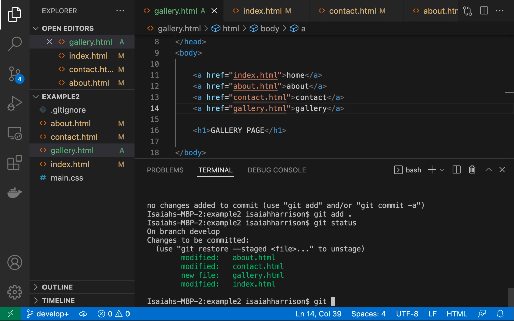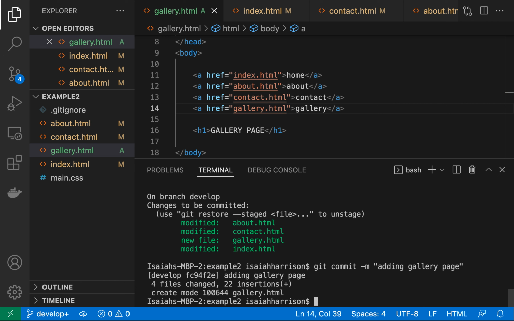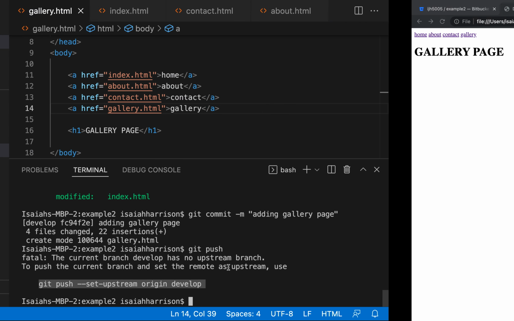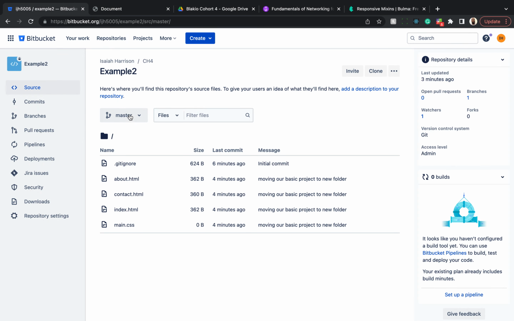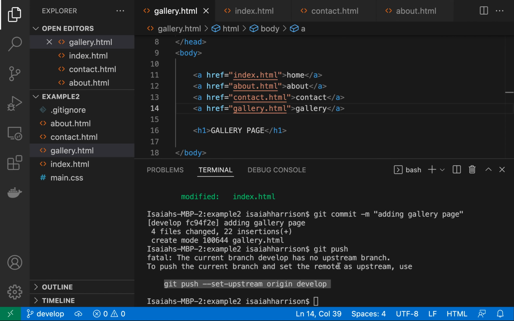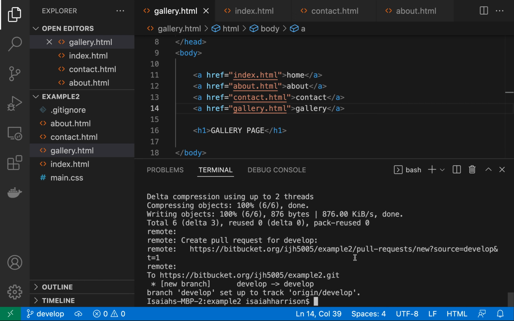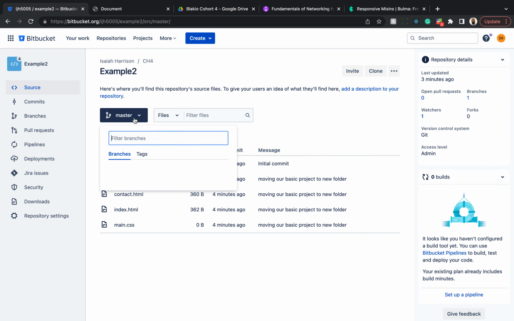saved. In order to save the snapshot, we do a commit with a message, and I'll say adding gallery page, enter, and I'm going to push my code with git push. And obviously the develop branch is not currently online right now. The only thing we have here is the master branch. We don't have develop. So running git push is going to give us access to the actual command that we have to run. If I run that, now if I go back here and open this up, we can see